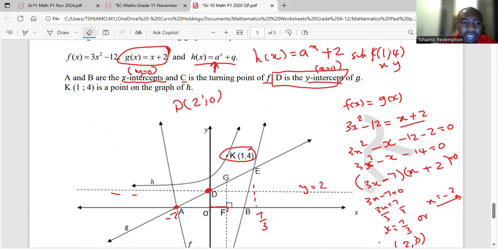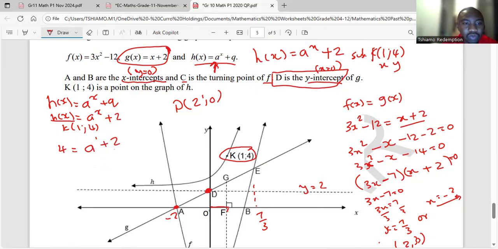So let me work on it here. This is the equation that we were given, A times b to the power X plus Q. We found out that Q is 2, which is the asymptote. Now we're substituting K, which is 1 and 4. F of X is the output, which is Y. So I'm going to put 4 equals